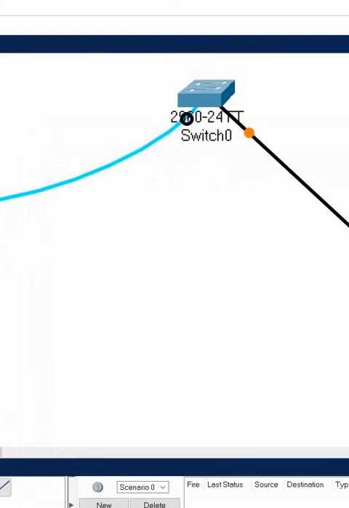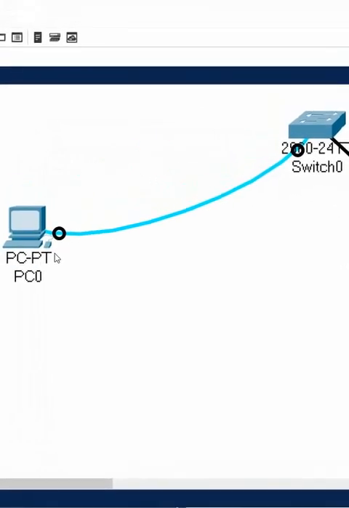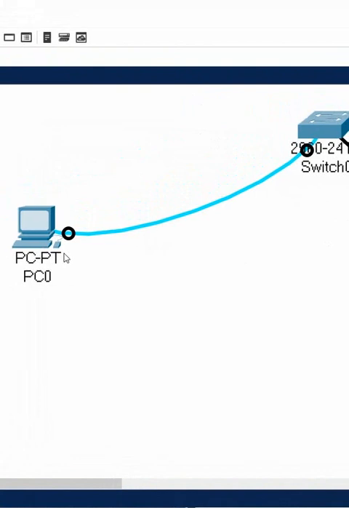So only the first time are we going to use the console cable to do the initial configuration. After that, we can access the device remotely by using SSH or Telnet and do the configuration. So before going to that